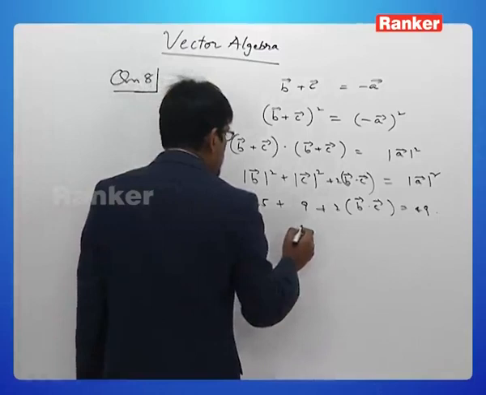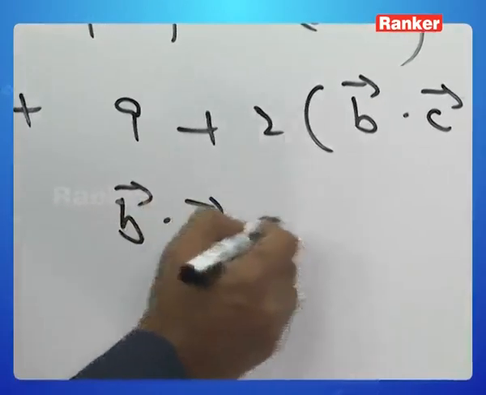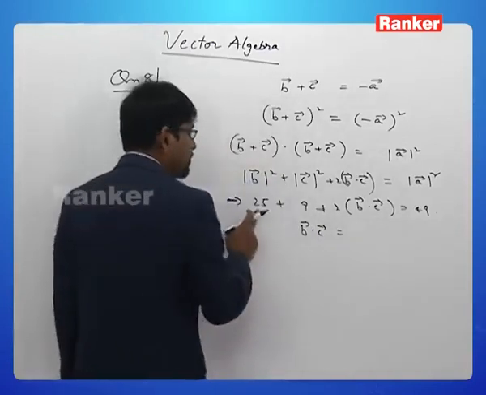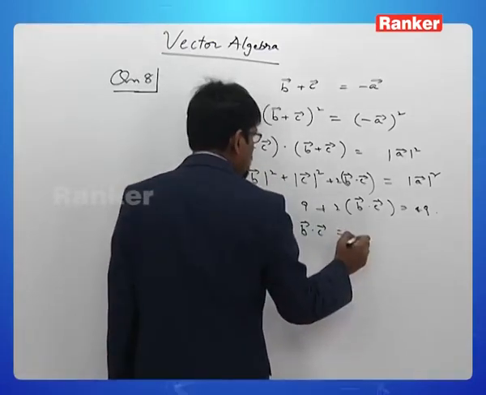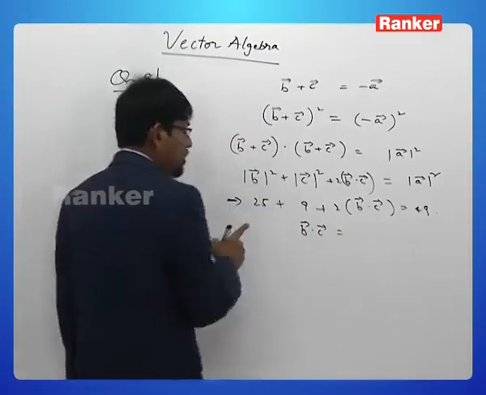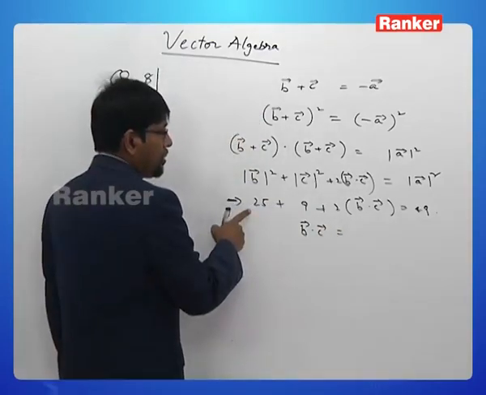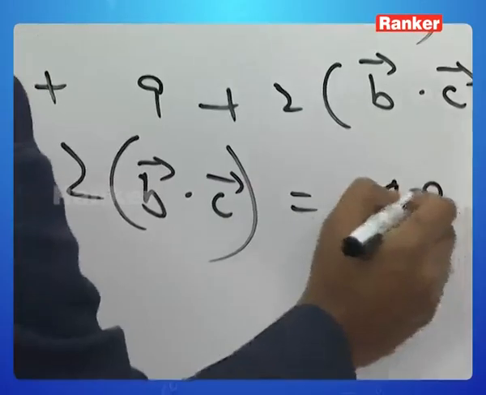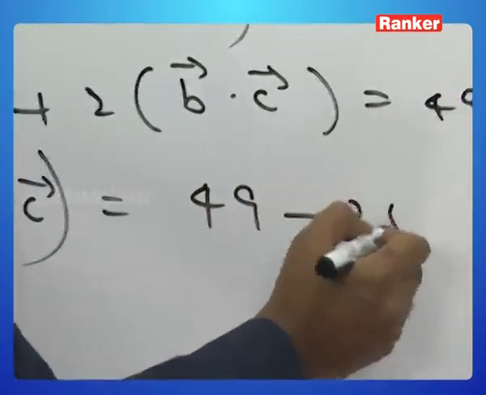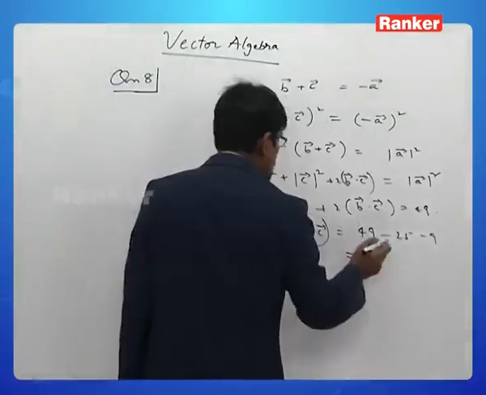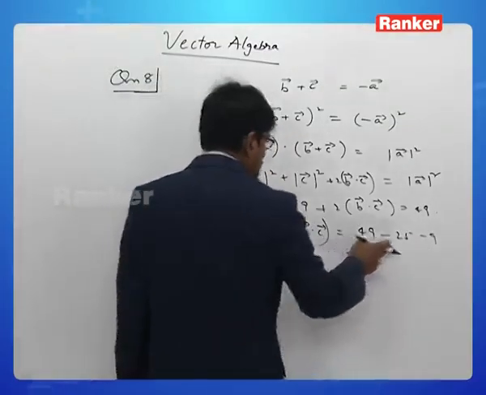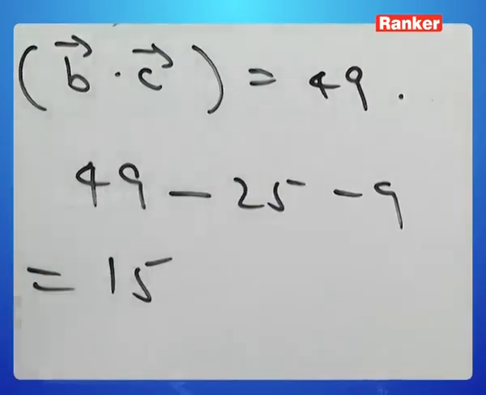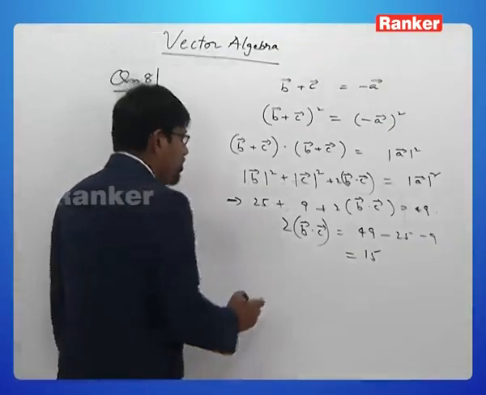So 2 into b dot c is 49 minus 25 minus 9, so that makes it 49 minus 34, that makes it 15 there. So b dot c